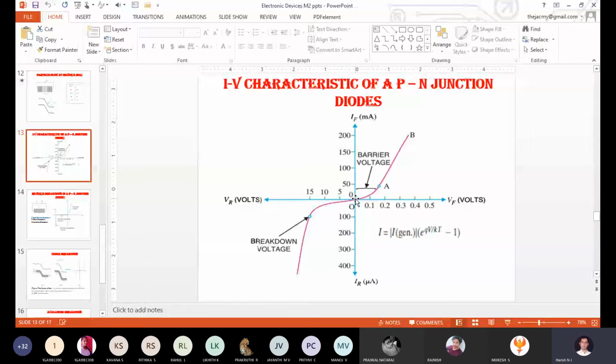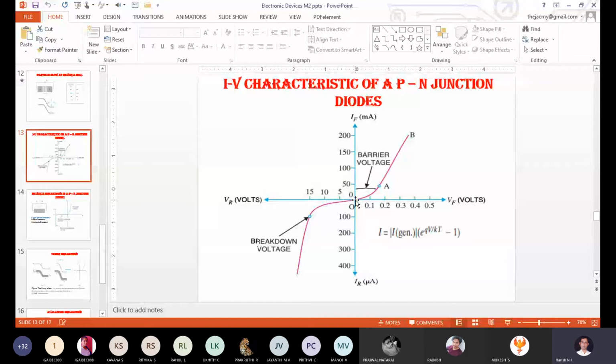But in the reverse bias, that's especially for the drift current, it does not depend upon the time. That is, how fast the minority charge carrier moves to its original destination does not come into the picture. Correct? Finally, how many minority charge carriers are moving to their original destination.